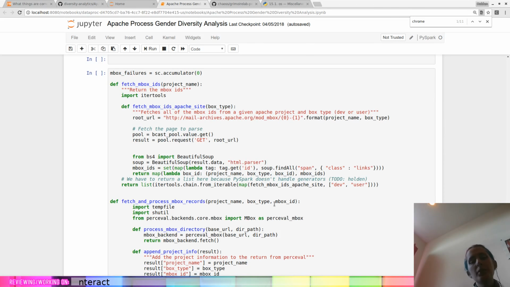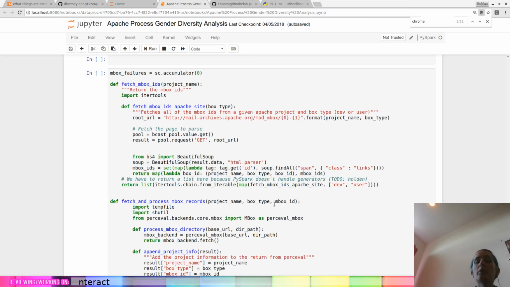Okay, yeah, so this is some stuff to fetch the mailing lists. For the Apache Software Foundation, there's this sort of belief, or at least official belief, that if it didn't happen on the mailing list, it didn't happen. That's not always true, but it means that a lot of the communication is on the mailing list, and you can tell a lot about a project's culture from the mailing list. It's really normal that the first action you take as a new interested developer is looking at the developer list.